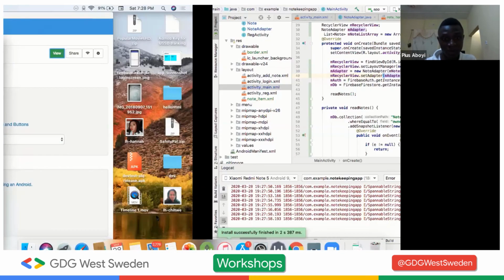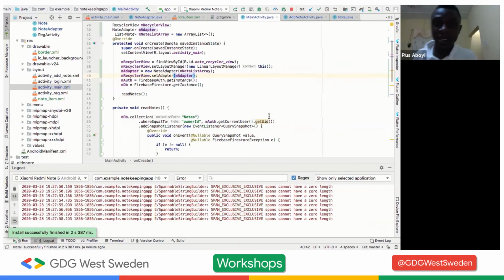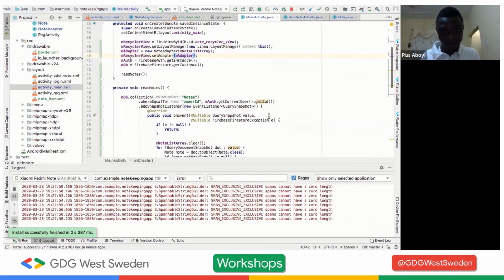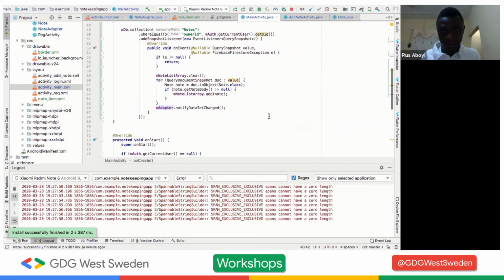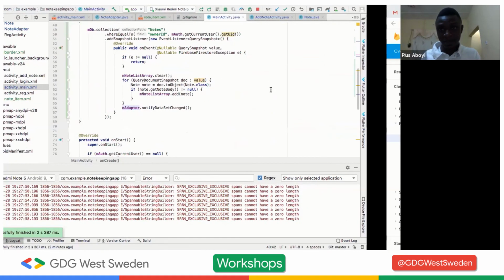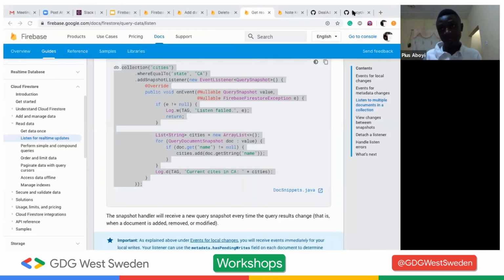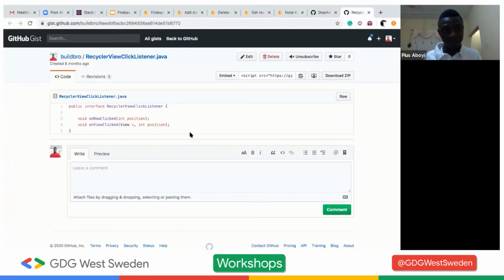We will need to make some modifications to our adapter. And the first thing we need, we're going to create an interface. We're going to create an interface, RecyclerViewClickListener is going to be an interface, and this will be the content of that class. So I'm just going to copy this